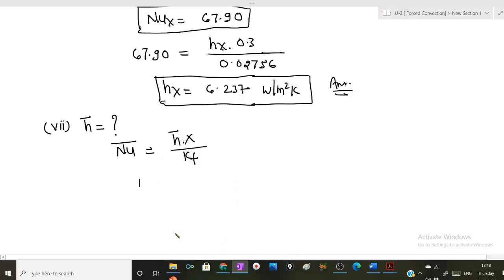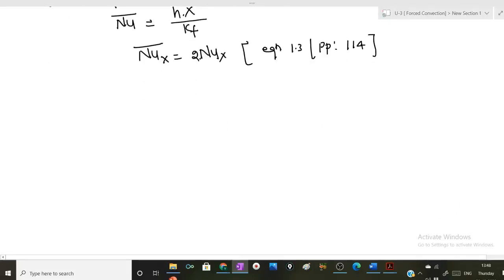So Nu bar x will be twice of local Nusselt number. And this is equation number 1.3, page number 114 in my data book. Okay. So this way I can get the values of Nu x. So what is that? Average Nusselt number will be twice of